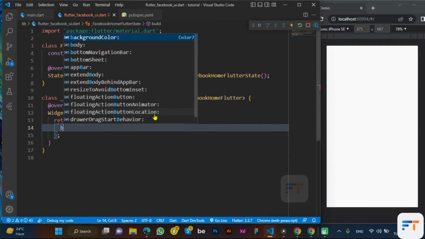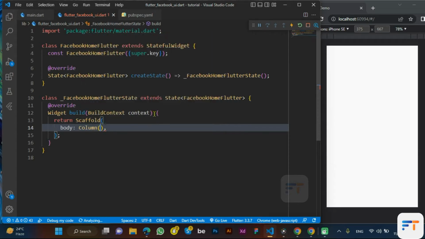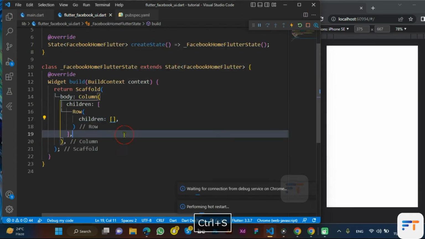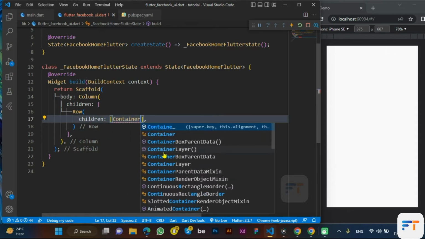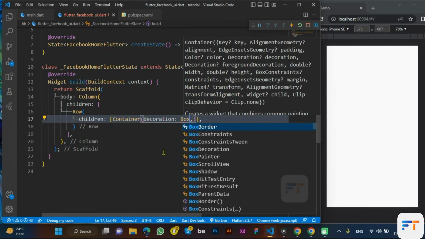The scaffold will have a body, and the body will have a column, children. The children will have a row, and the children of the row will have a container, decoration, box decoration,